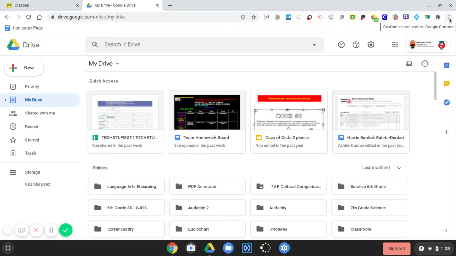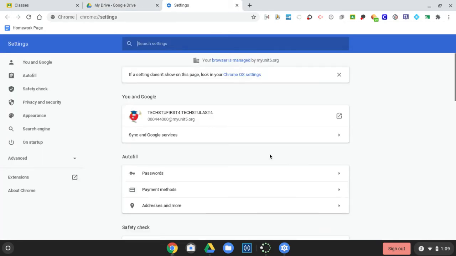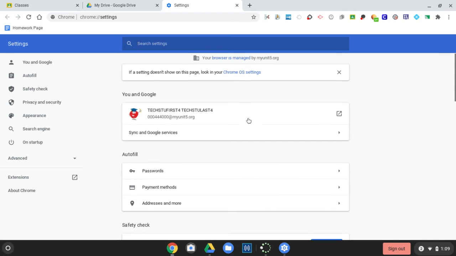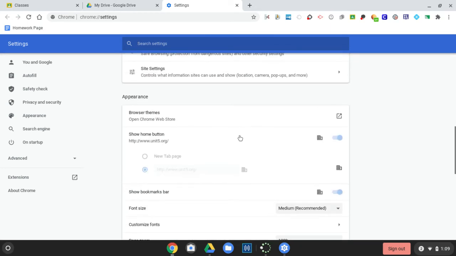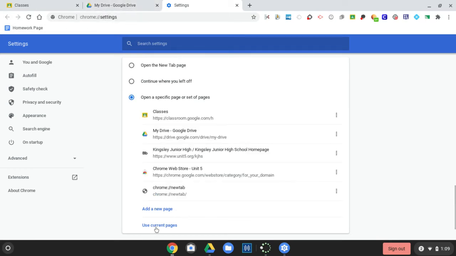we will then navigate over to the three little dots, which is going to allow me a menu when I click on it. I want to go in to the settings menu. From the settings menu, I would like to go down to where it says Startup. So on Startup, because I have Google Classroom and Google Drive already there, I'm going to click and say Use